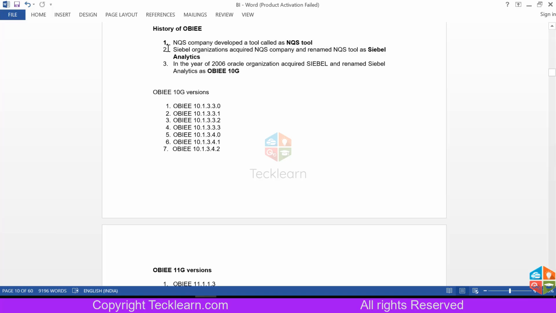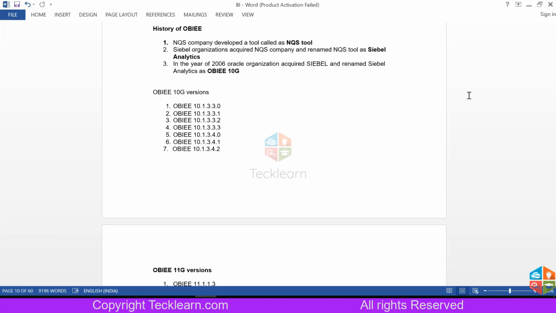Then the CBL organization acquired this NQS company and renamed the NQS tool as CBL Analytics. So from tens to hundreds of records, it changed to MBs of data. An MB will obviously contain several thousands of records depending on the number of columns. CBL Analytics added capabilities of using more data along with a few other visuals and other things.